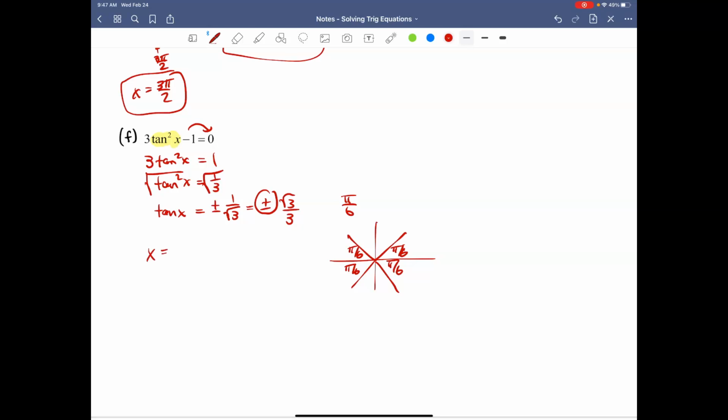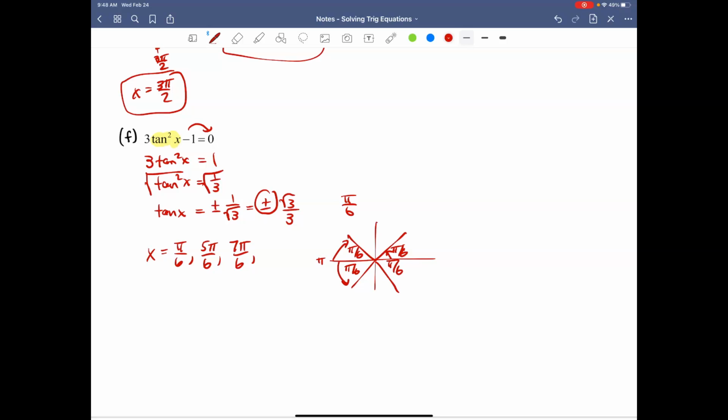So, writing our answers in quadrant 1, that's pretty straightforward because we're just starting from 0 and moving up pi/6, which will give us pi/6 as our answer. In quadrant 2, we're going to be going backwards from pi, and so that's going to give us pi minus pi/6, which will be 5 pi/6. In quadrant 3, we're going forward pi/6, which means we'll be adding 1/6 of a pi to 6/6, and so that would be 7